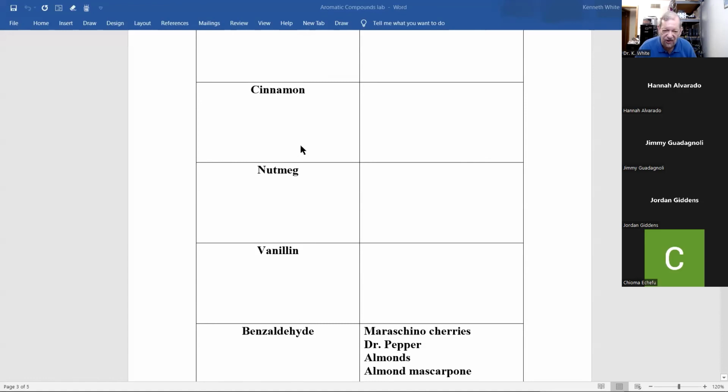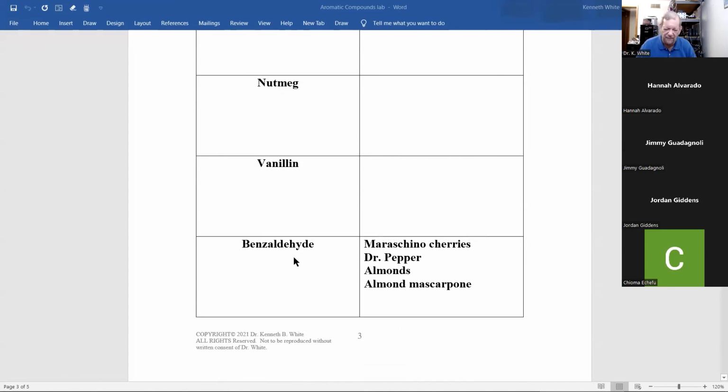And cinnamon, I think you can all remember what it smells like. If you have nutmeg, vanilla, like in vanilla extract. Now let's talk about benzaldehyde. Benzaldehyde, I'll teach you later, is the common and IUPAC name for a chemical. And where do you find it? If you smell maraschino cherries or red cherries, like in Dr Pepper, or if you smell almonds, like almond marzipan, an almond paste used in sweets a lot in Europe, which I've been to a lot, you smell benzaldehyde.